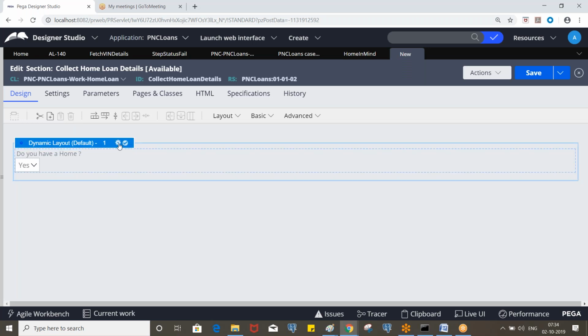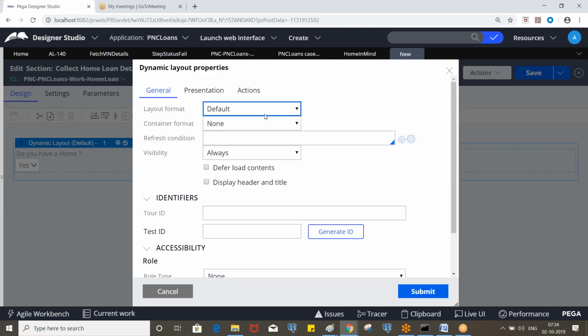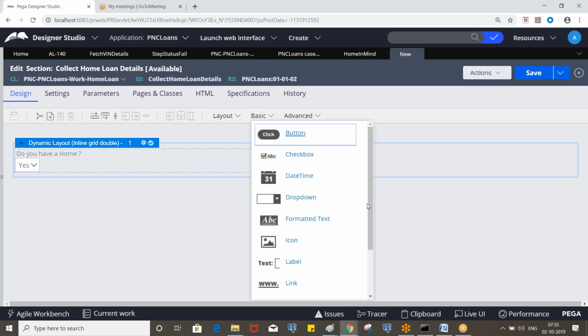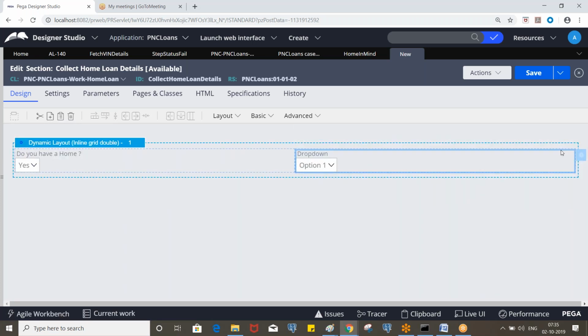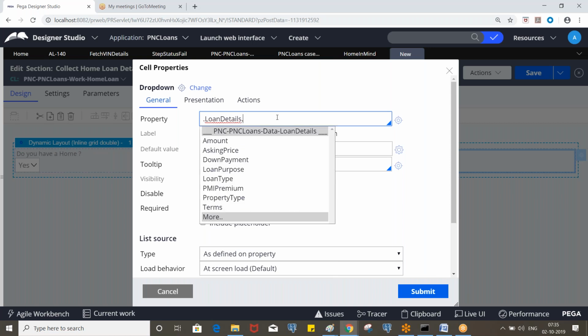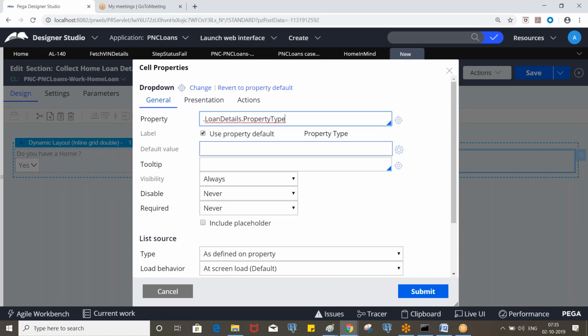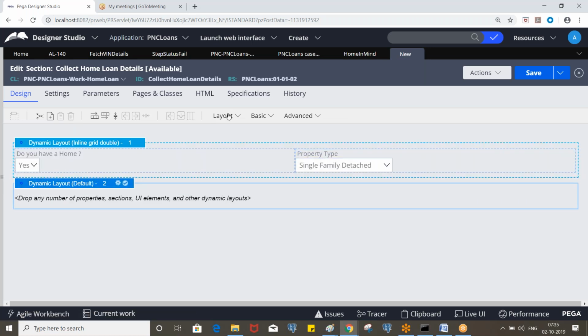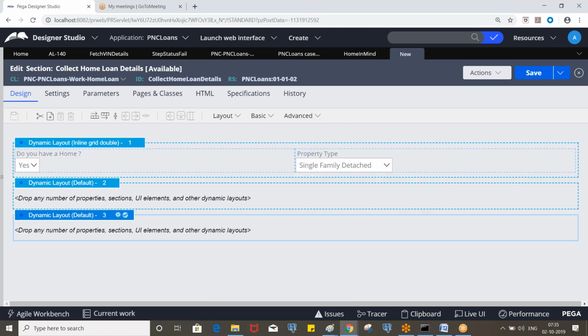Now let's use other properties, let's say property type. We have the property type in the loan details, right? So take the control, which is a drop down, and use the property called loan details dot property type. Next, let's use a separate layout for entering the property info, and another layout for purchase info.